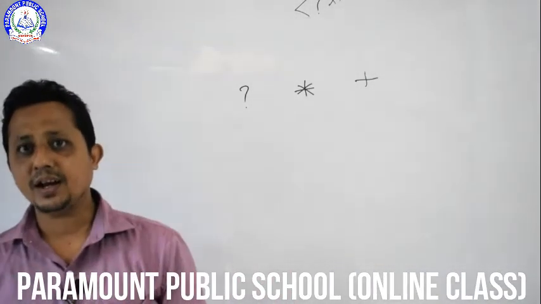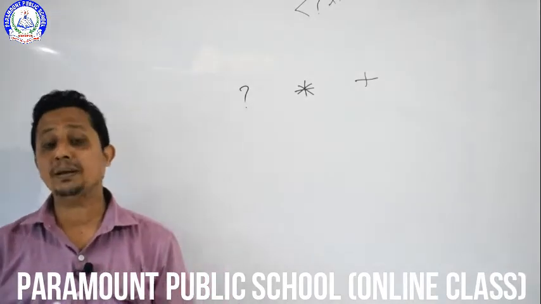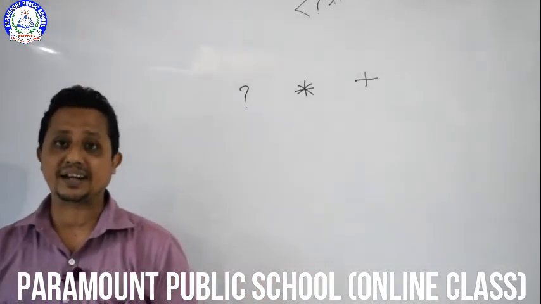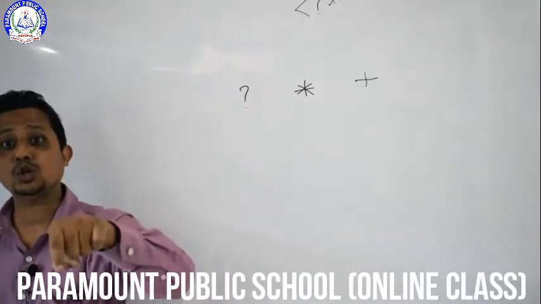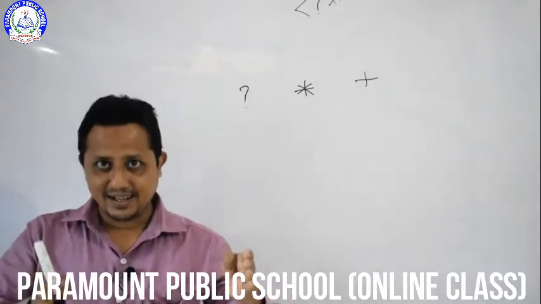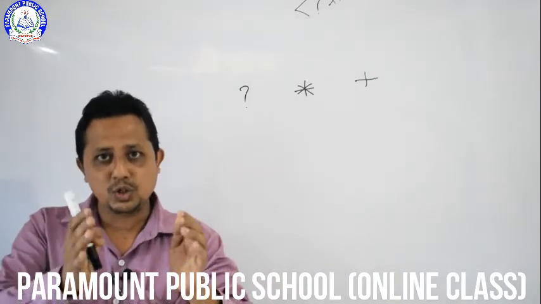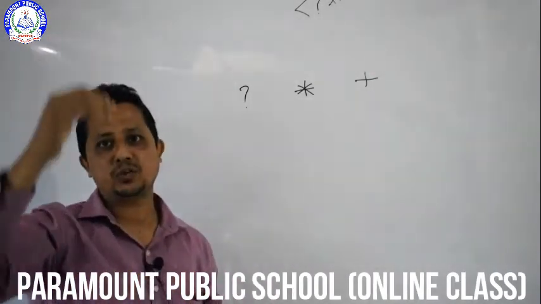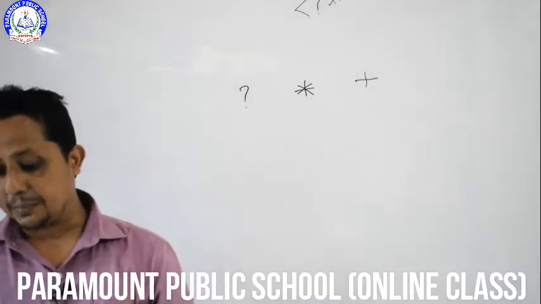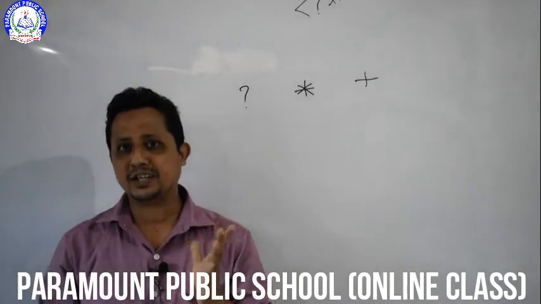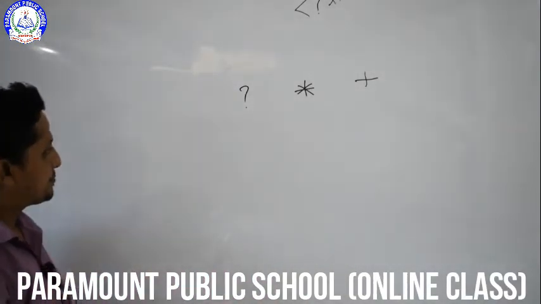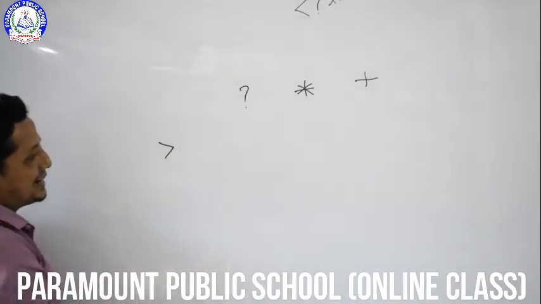And then we come to the last part, entity. What do you mean by entity? An entity is basically a sequence of characters which is used to represent another sequence of characters. There are some characters that have special interpretation or meaning in XML. For example, the greater than sign.